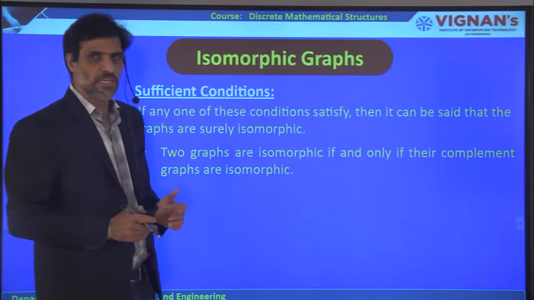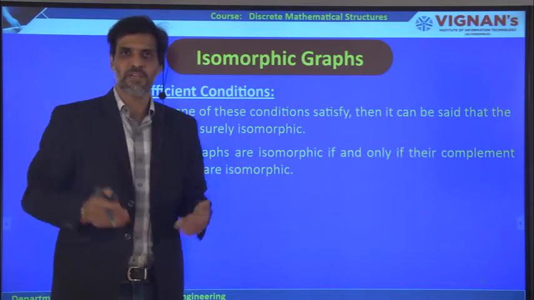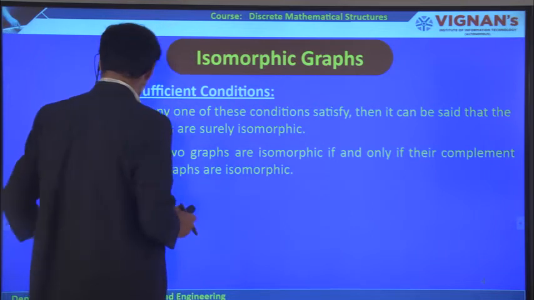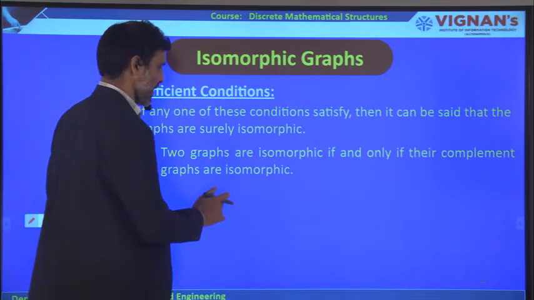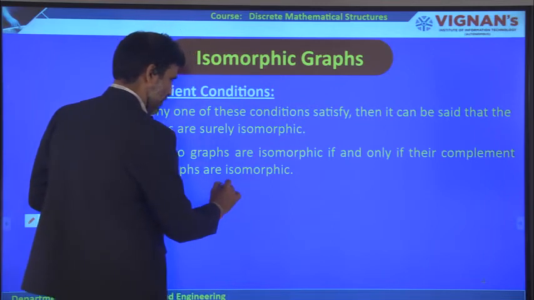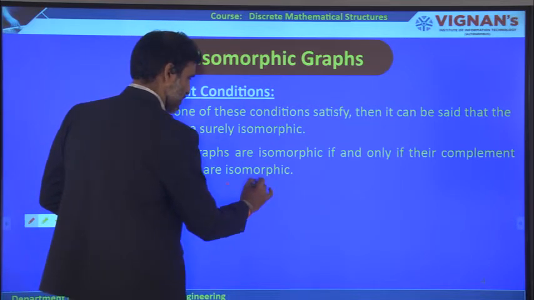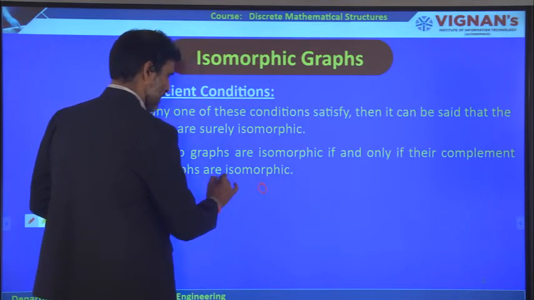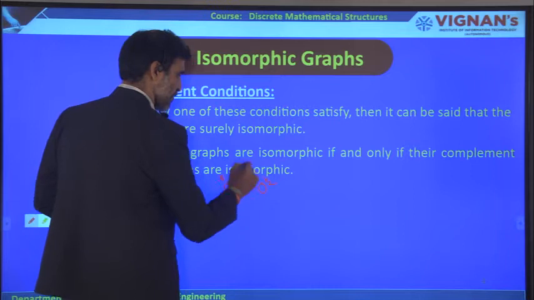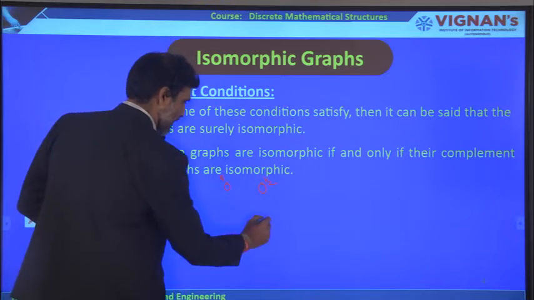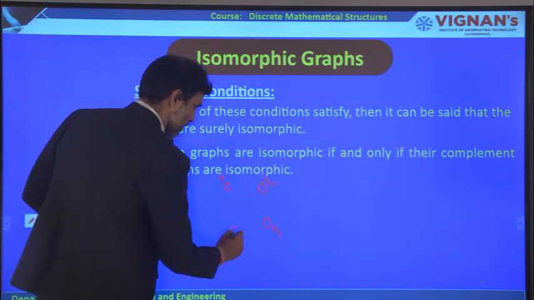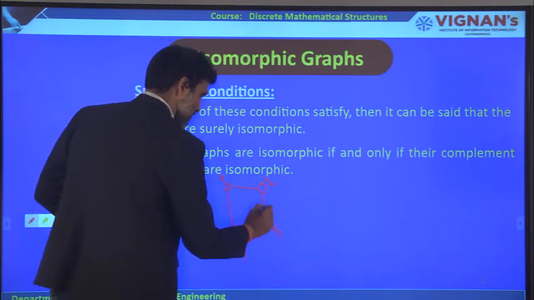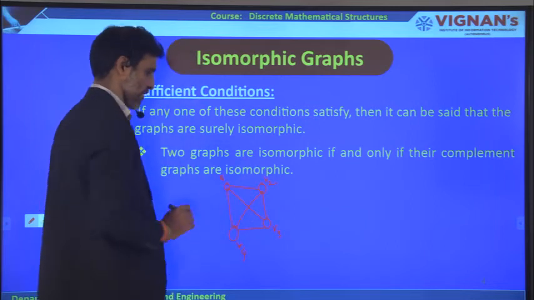The first condition is you have to take the complement of the given graph. So what do you mean by a complement of a graph? Suppose I am taking a graph like this with 4 vertices. This is the vertex v1, assume that, and this is the vertex v2, and then you have to take a vertex v3 here, and then a vertex v4 here, and I have connected the vertices like this. So this is a given graph, assume that.